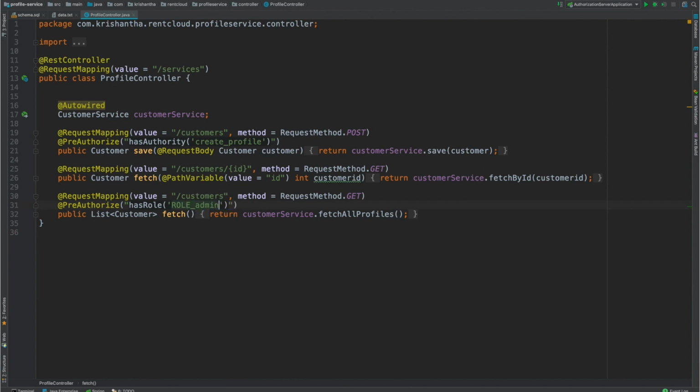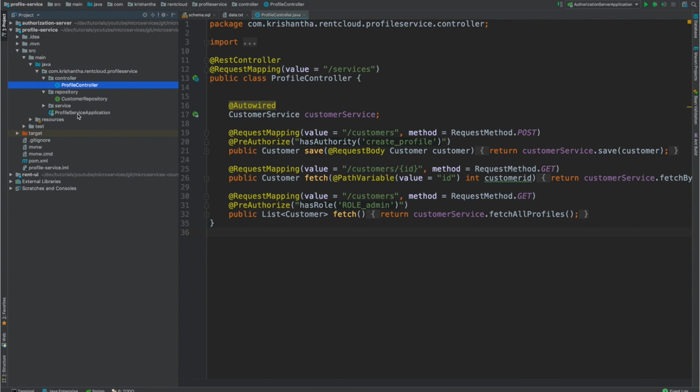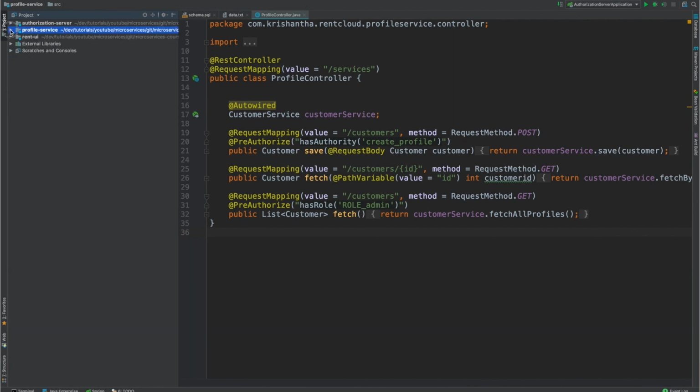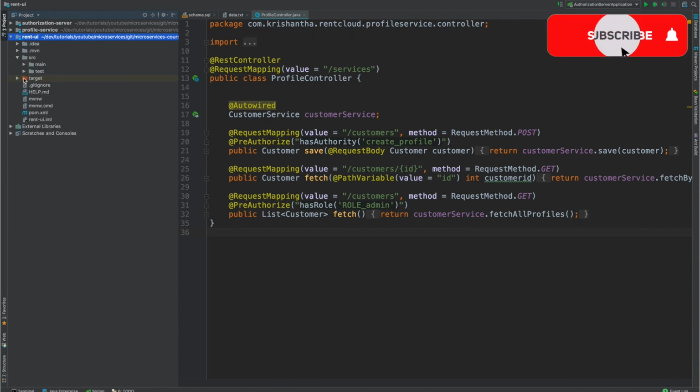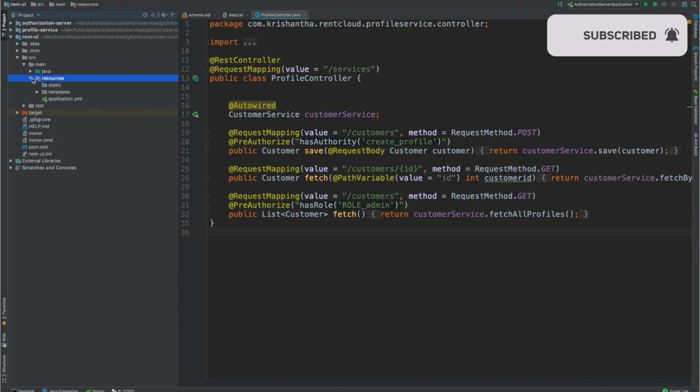Because right now a Krish user doesn't have access to fetch all the roles. So I'm going to make it admin, so then the Krish user will have the same access. That's the only thing I'm going to do with the profile service. So let's go back to our, so nothing to change on the authorization server actually. So let's go here and find our